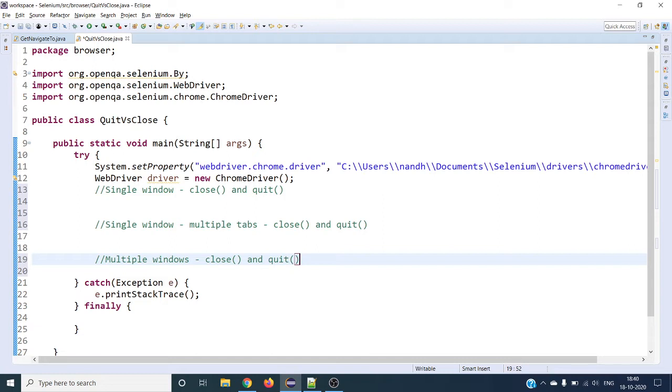These are the three different scenarios you might face when automating your Selenium scripts for any web applications. So let's see one by one.